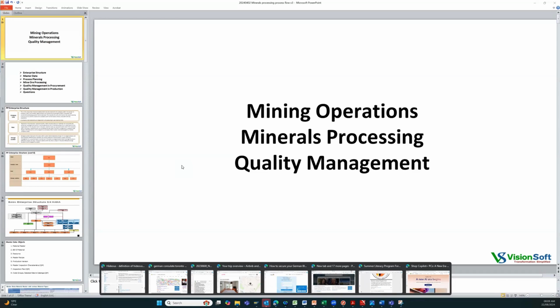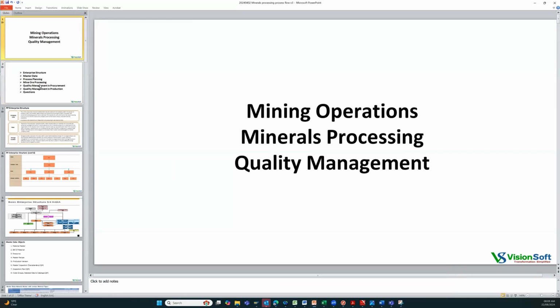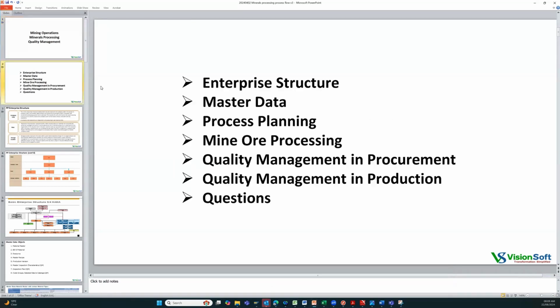So I'll just, to guide us, we have these few slides we've put together. I'll move on to the next slide. These are the items in terms of the agenda we'll be discussing. We will talk about enterprise structure, what it means in SAP, and how it relates to our operations. Then we'll talk about master data, process planning, mine ore processing, then quality management bits, and then we can take